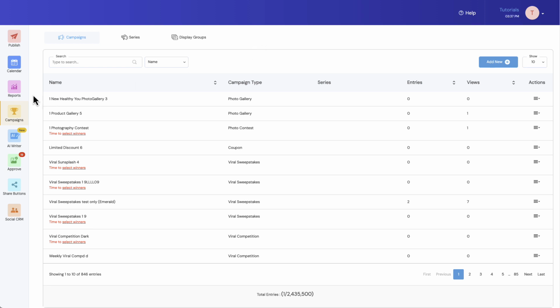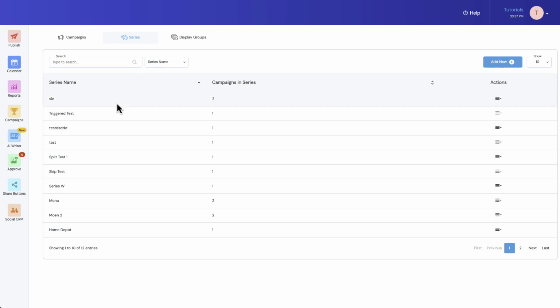To create one of these, you're going to go to the campaign overview grid by clicking campaigns on the left. You're going to go to the series tab up here at the top. And once you click this, it'll show you any series that you're running. There are different types of series, and we'll go over those in a different tutorial video, but I want to create a split test series. So I'm going to click Add New,